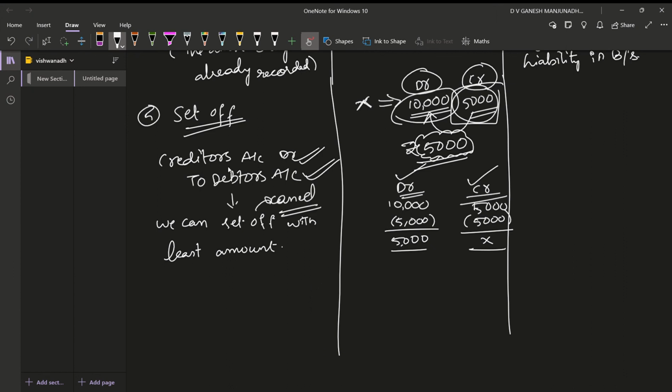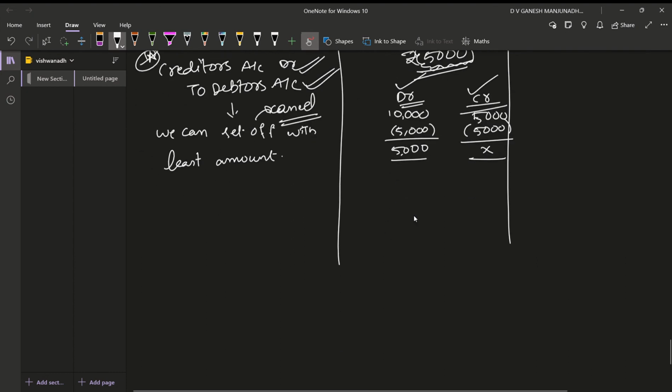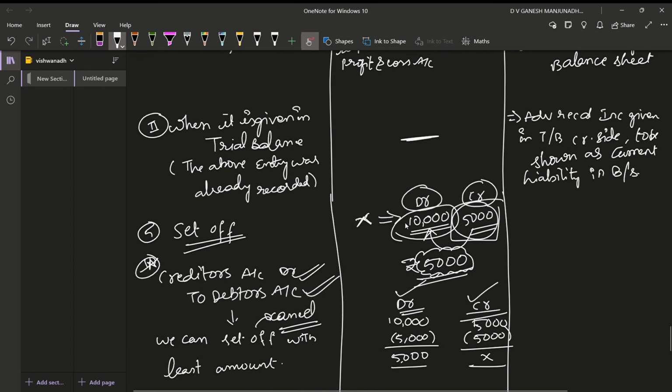So this adjustment is the adjustment which is only for the position statement, neither it shows the impact on